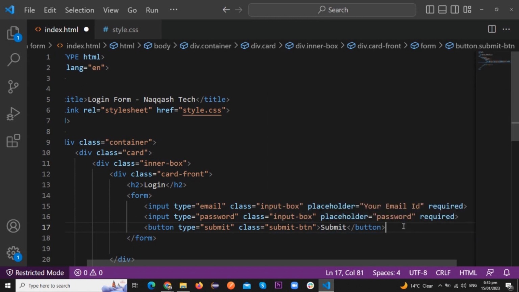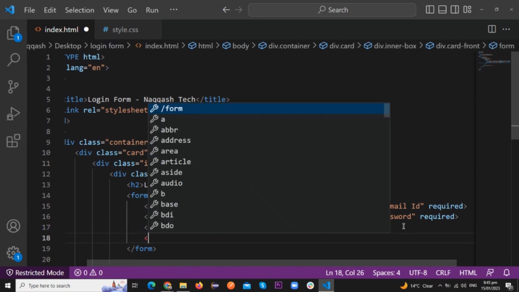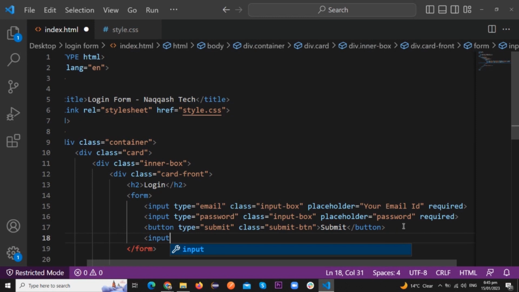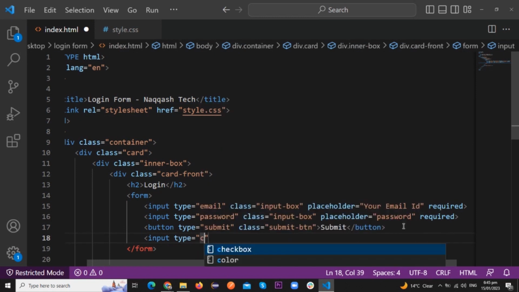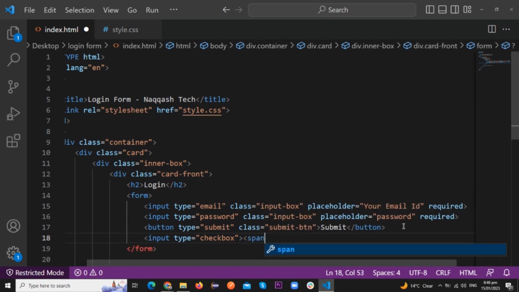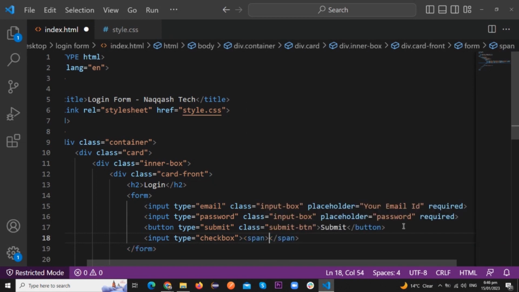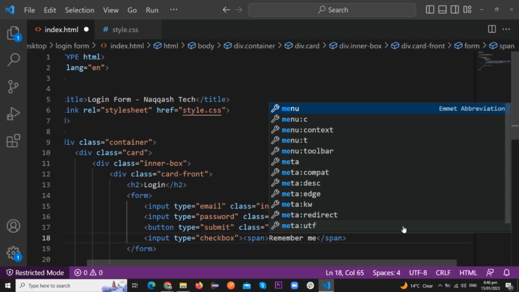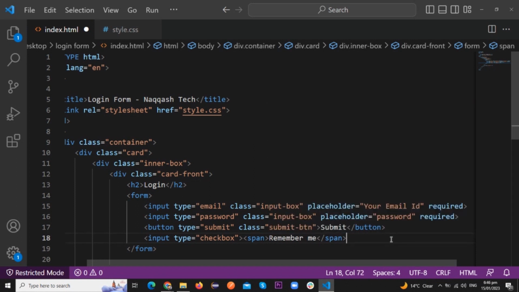And after this we write input type will be checkbox. Here we use span, remember me. After this span,